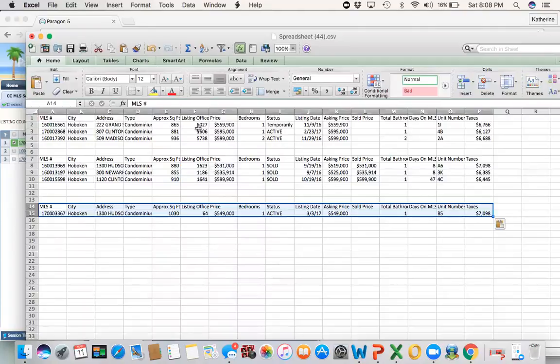Now I get rid of the listing office number and make that the price per square foot. You guys should all know how to find price per square foot. Just in case you don't, you take the list price and divide it by the approximate square footage. Okay, I do that. I like to find the averages, and I like to see all that and have that so that I can basically say,